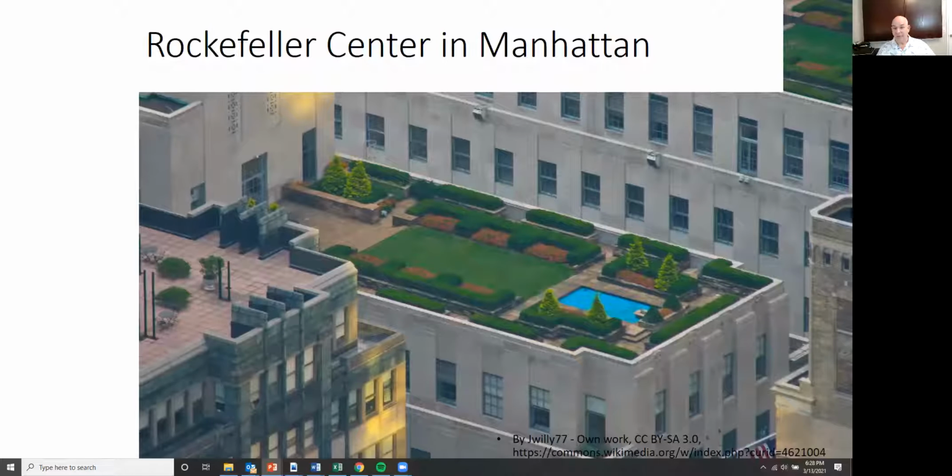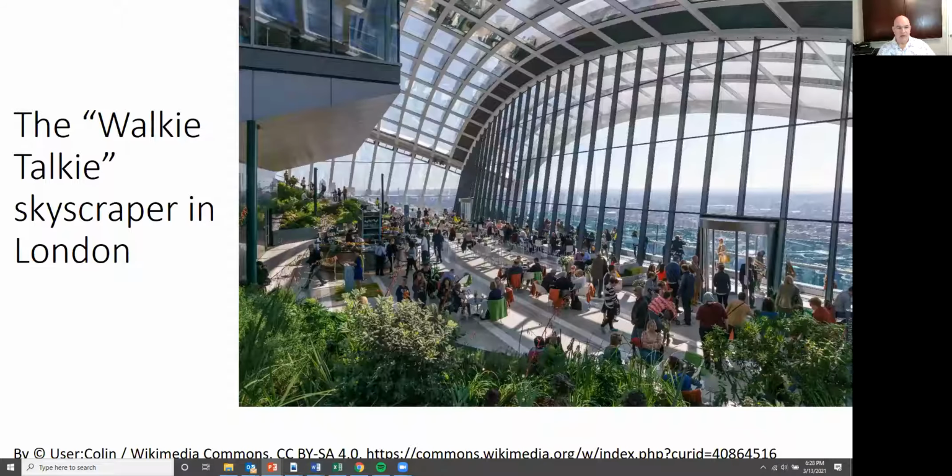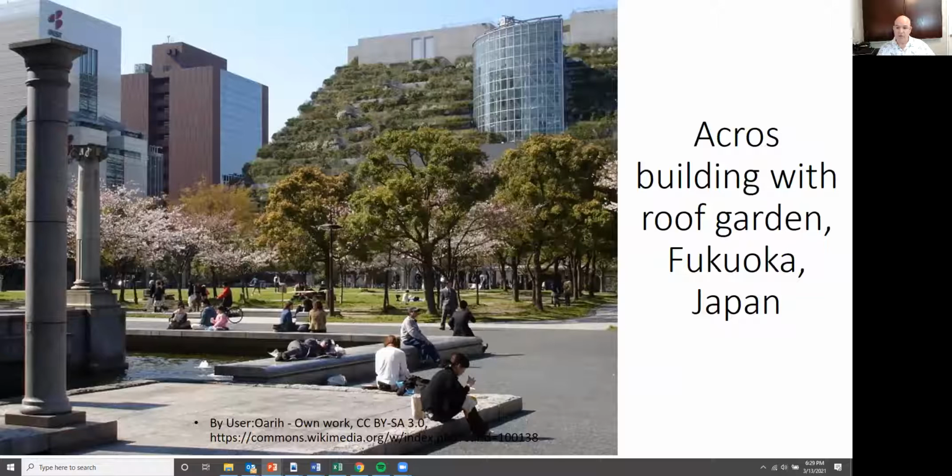Rockefeller Center in Manhattan's got a really awesome rooftop garden. I've been there. It's really cool. The Walkie-Talkie skyscraper in London has got some rooftop gardening up there. This is in Fukuoka, Japan, with a really cool stair step terrace rooftop garden. It just really is pretty beautiful, and contrast that with the buildings next to it that are just a concrete glass